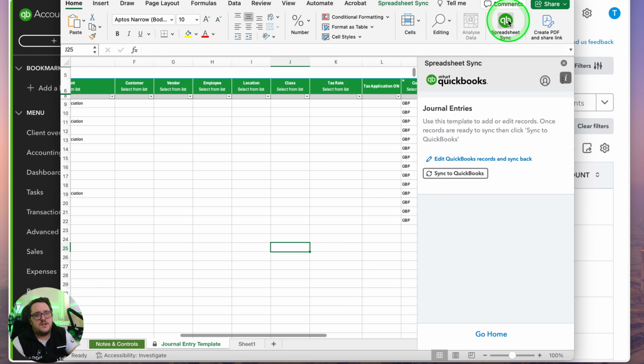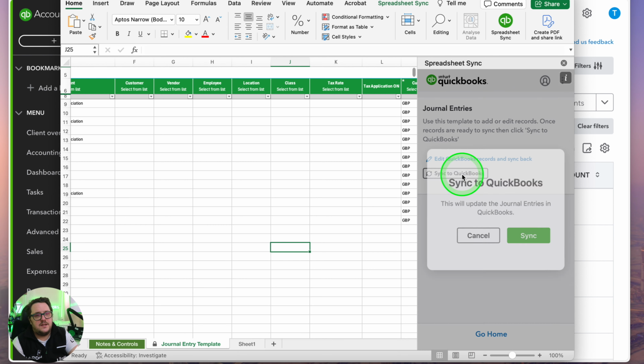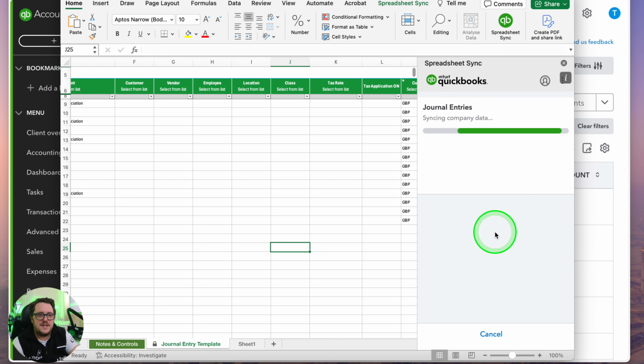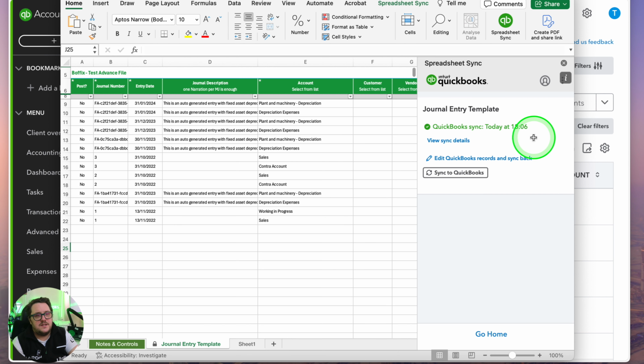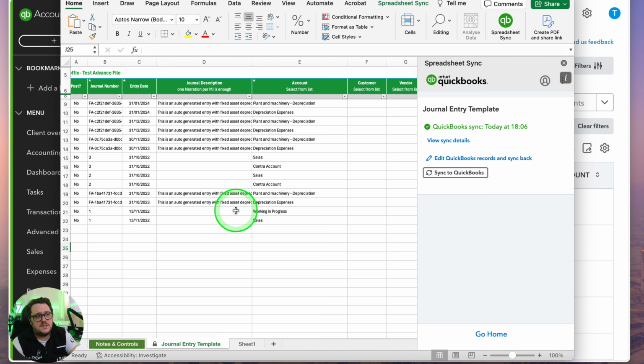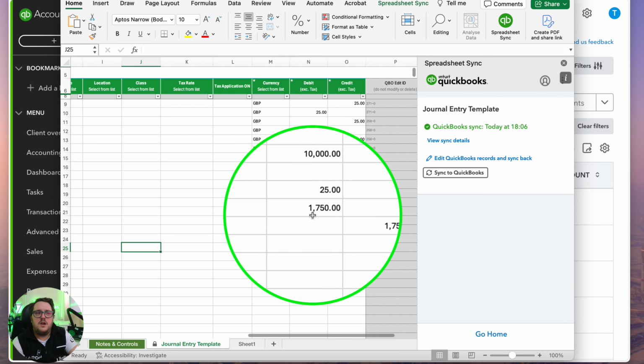So I can use the Spreadsheet Sync button and say Sync to QuickBooks. When I press Sync, what will happen is it's going to extract the data and it's going to say that it's all been nicely synced. Everything's gone back to no to say that the post has been done, but notice how